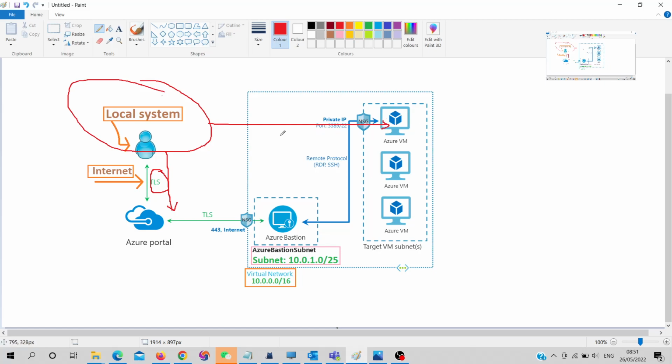Or if you want to deploy a private VM, then you need to use this channel to go to the VM. So in this case you will just go through layer 7 with high security